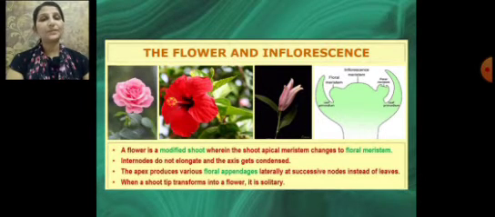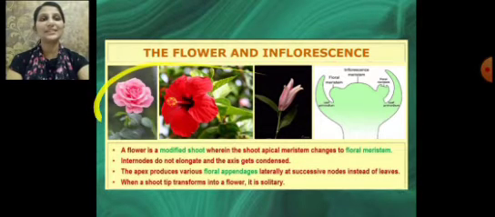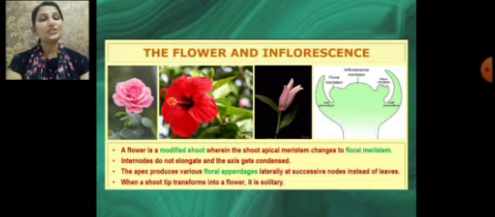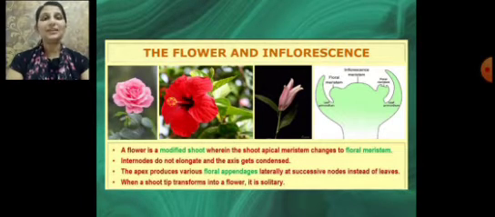If the shoot tip terminates into a flower, the flower is called a solitary flower. In this picture, we can see a solitary flower in which the shoot tip terminates into a flower. So, when the shoot meristem at the tip converts into a floral meristem, a flower is produced. The internodes do not elongate, and instead of leaves from the nodes, the floral appendages are produced at successive levels laterally. And if the shoot meristem converts into a flower, it produces a solitary flower.